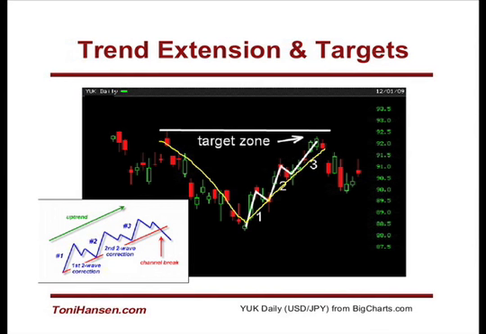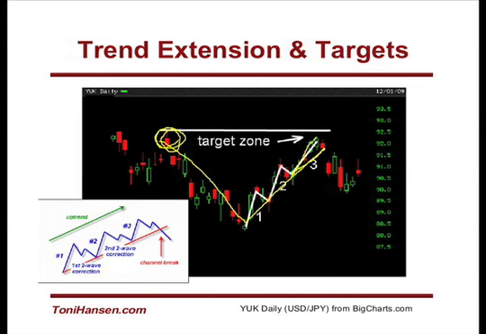So the strongest move higher was that initial bounce off lows. The second move was somewhat more gradual, and the third move was even slower still. So it almost hugged the trend channel as it was going higher on that third wave of buying. So not only did we have that target zone from just under that previous high back there, but you also had trend exhaustion coming into play as it was coming into that 92 level.